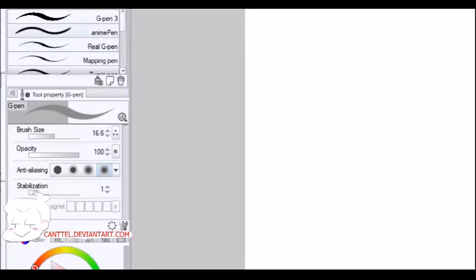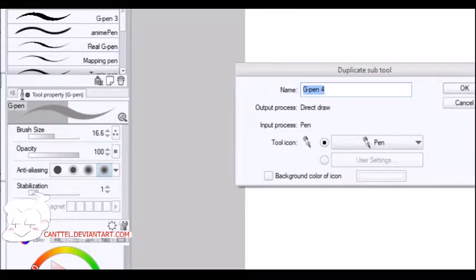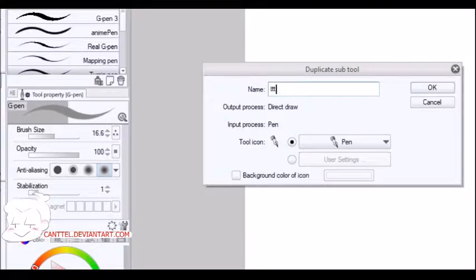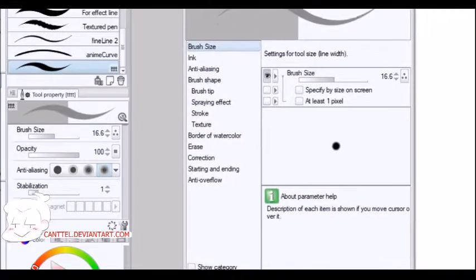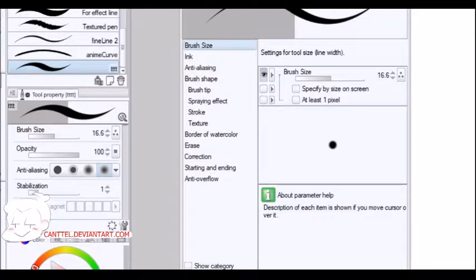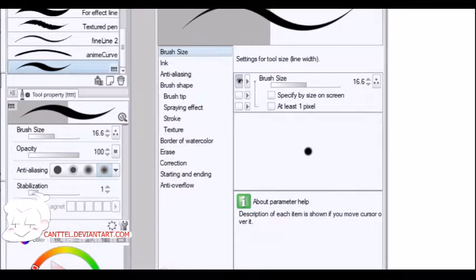So let me copy one of these G-pens and we'll make a fresh new line art tool. So you go here, create a copy of this. Now go into your settings. So your settings here,